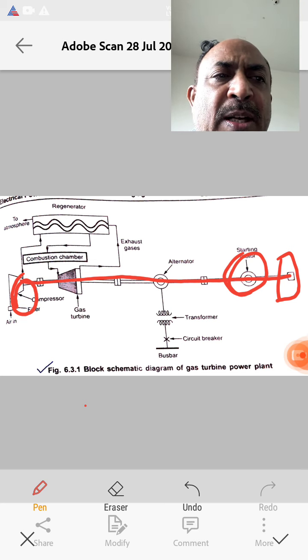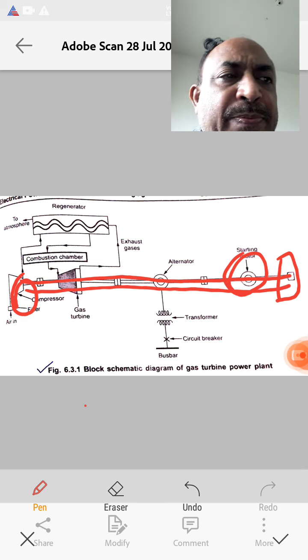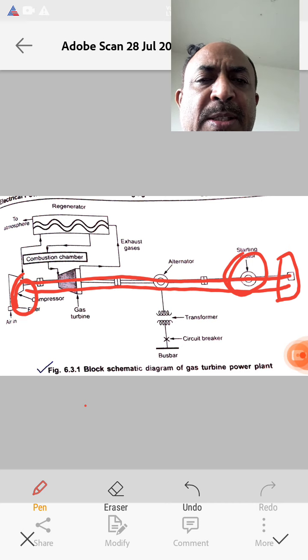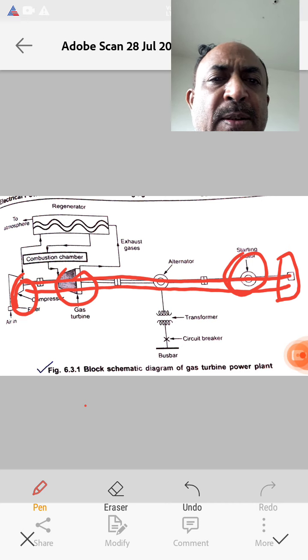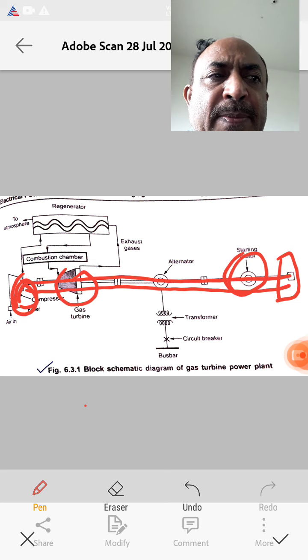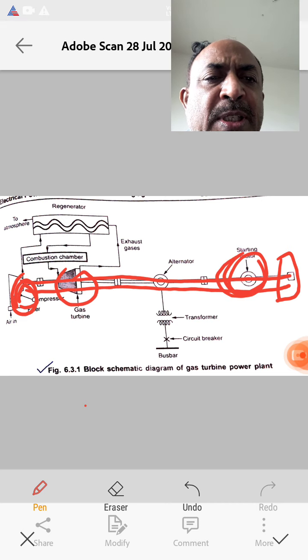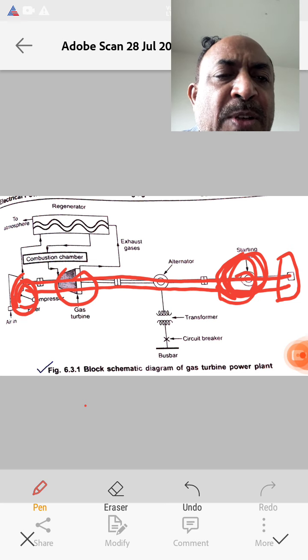When the compressor starts, the entire unit starts and the turbine starts rotation. When the turbine drives the compressor, after that we switch off the motor.